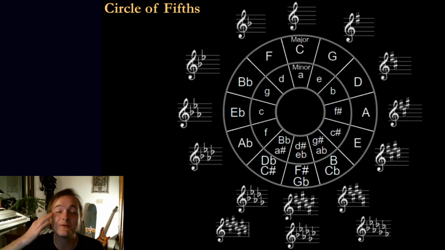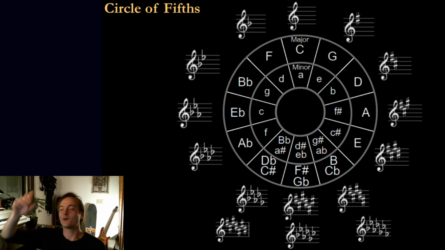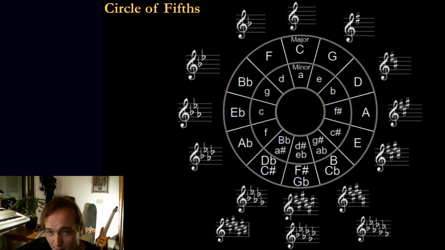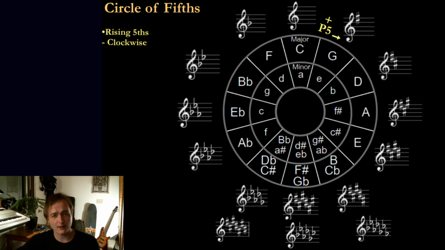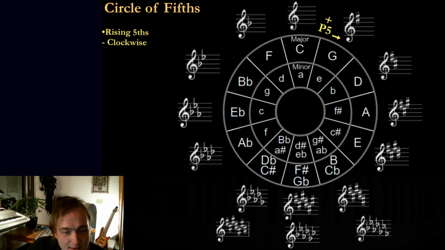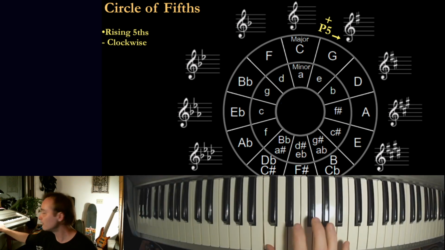So welcome to the circle of fifths. You can see right there at the top, 12 o'clock noon, there is C major with no sharps and flats. Then when I start going up a fifth and rotate clockwise on the circle, each time I go up a fifth, I add 1 sharp. And you can see the keys here from C major to G major to D major to A major to E major. And that's why this is called the circle of fifths,